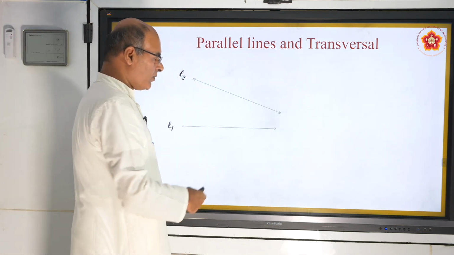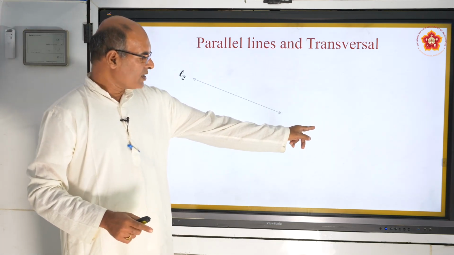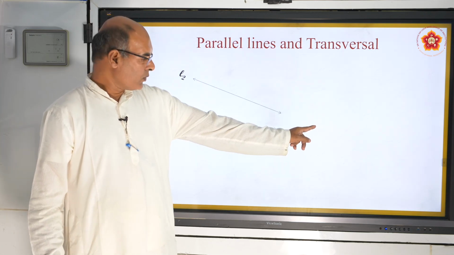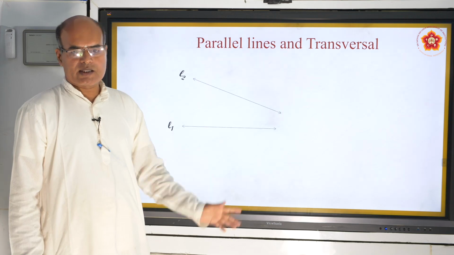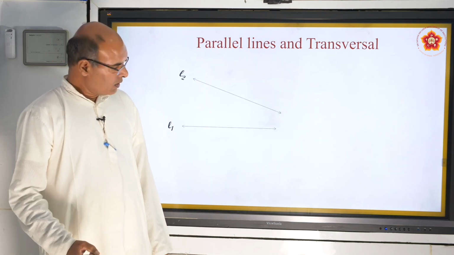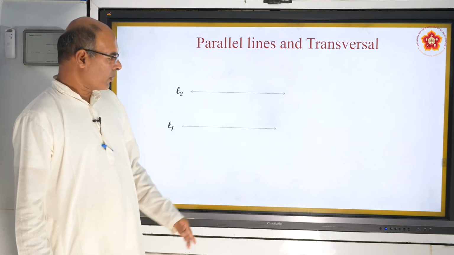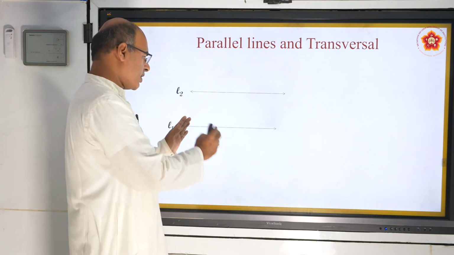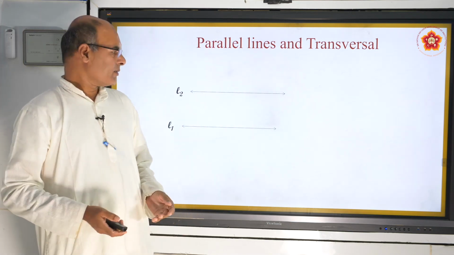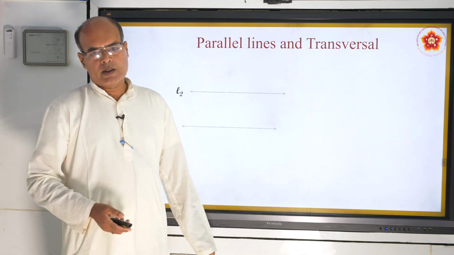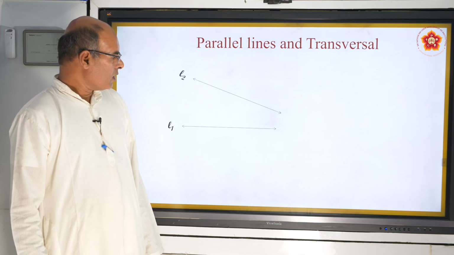Similarly, this line also. Therefore, these two straight lines have a common point somewhere here. Somewhere here, we have a common point for these two lines. Therefore, they are intersecting lines. So in the earlier picture, these two lines may not have any common points. If I extend both sets for infinite length, they may not have any common point. So therefore they are parallel lines. Look at another picture.